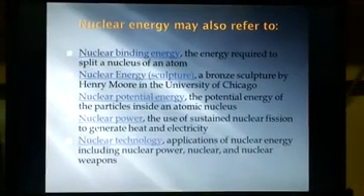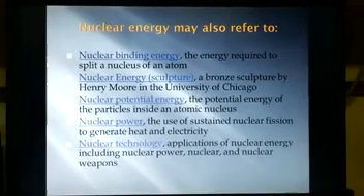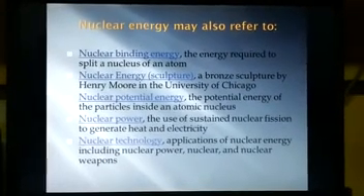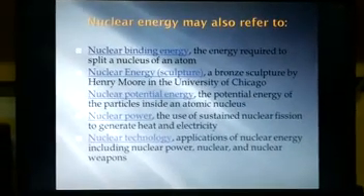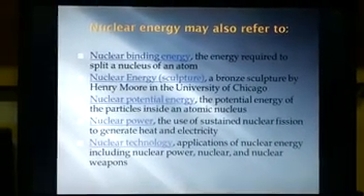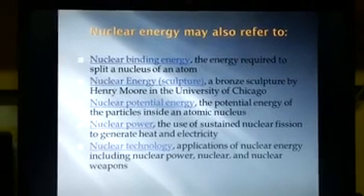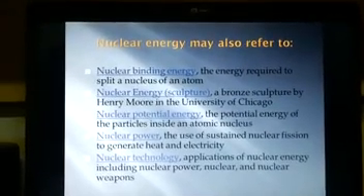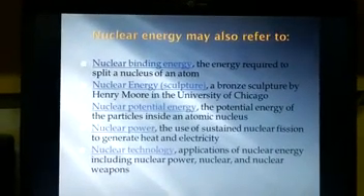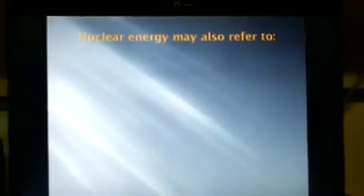Nuclear potential energy, the potential energy of the particles inside an atom nucleus. Nuclear power, the use of sustained nuclear fission to generate heat and electricity. Nuclear technology, applications of nuclear energy including nuclear power and nuclear weapons. Example: